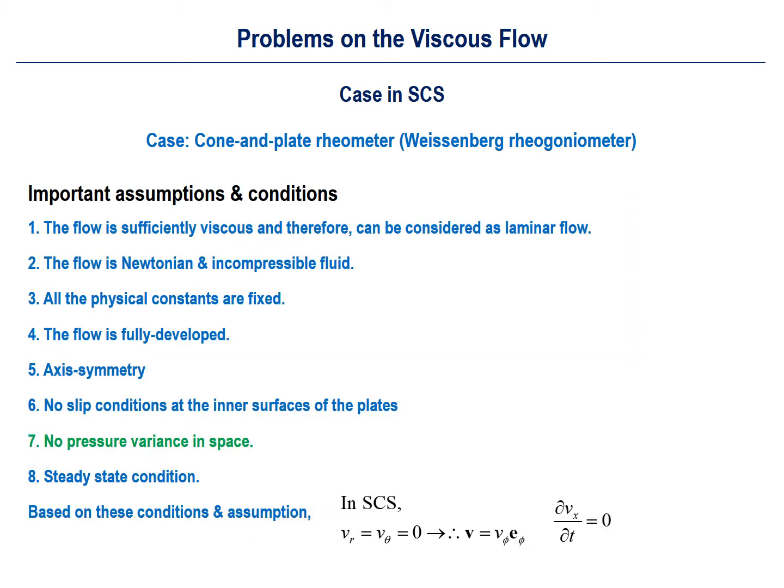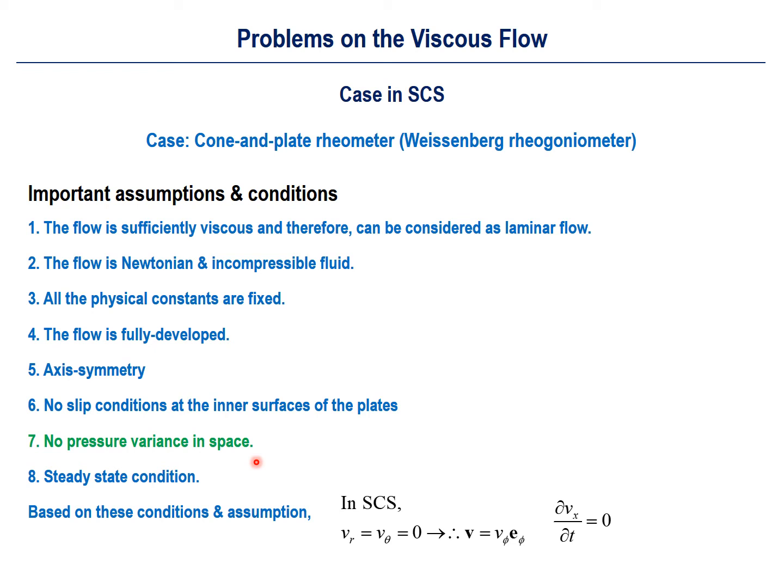In a similar manner to the CCS or RCCS in the previous slide and the previous part, we can make some important assumptions and conditions to make the Navier-Stokes equation in SCS as simple as possible. In particular, for this problem, we can make additional assumptions, such as there is no pressure variance in space. This means that there is no gradient of pressure in the r, zeta, and phi directions in